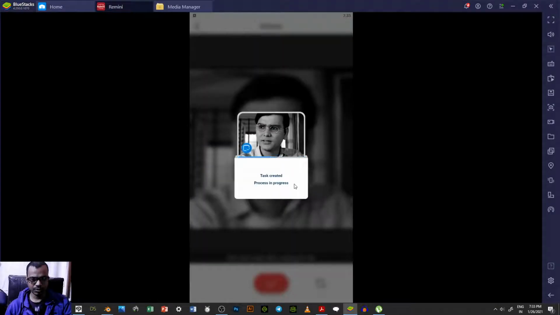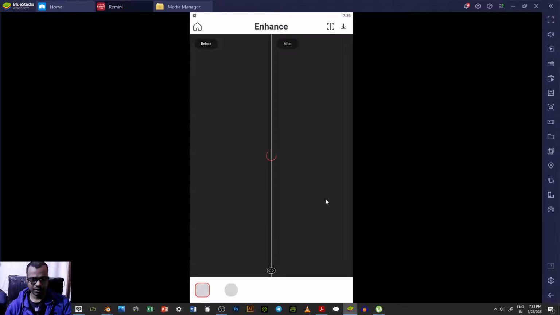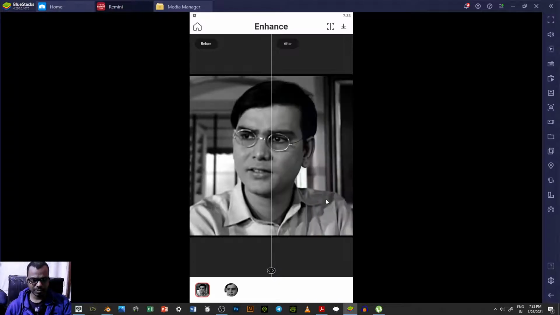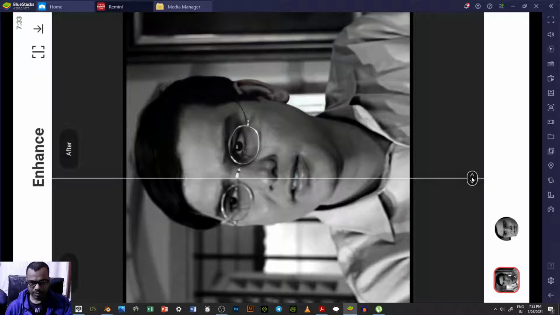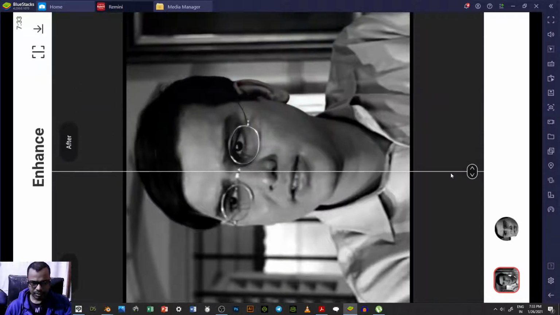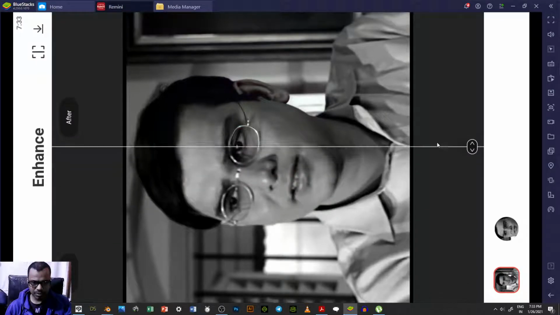You have to see this ad, and after that only it enables you to do image editing. Per day you can edit 5 images like this, and here are the details. You can see the details are visible, and what I do, I rotate it. After rotation you get a better clarity. Now you can see that things have been well detailed.